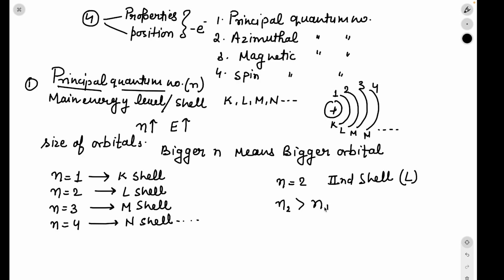So you can imagine the principal quantum number as the floor number of a building, where each floor is a shell around nucleus. So bigger the number, the farther and the larger the space for electron. Next is azimuthal quantum number, which is denoted by L.